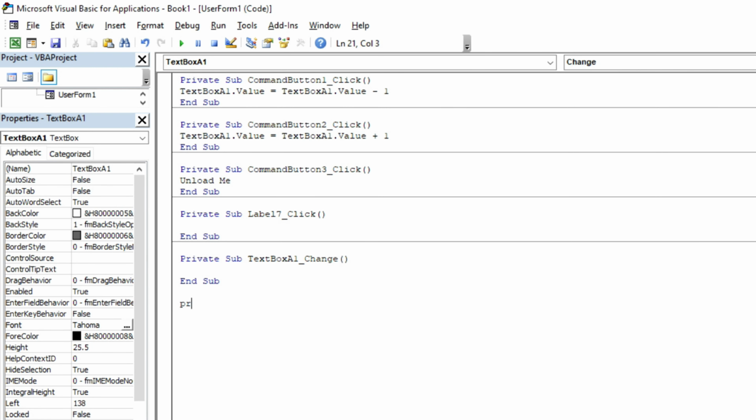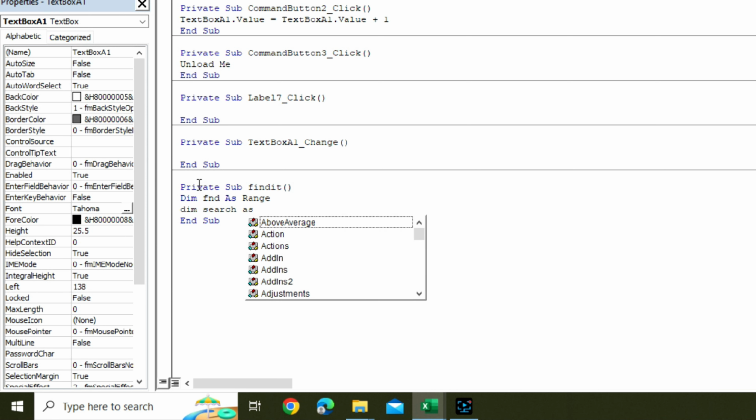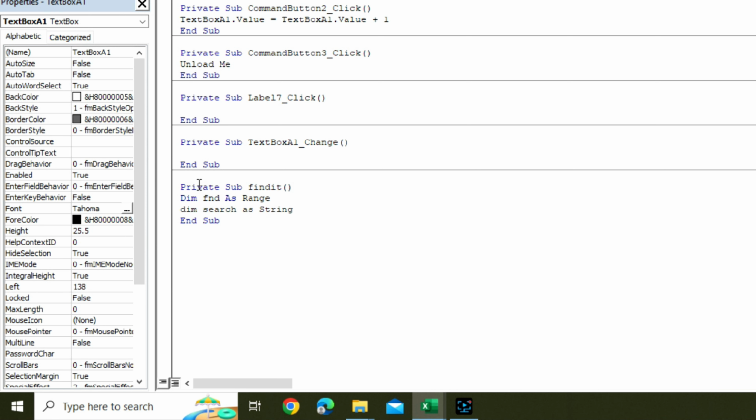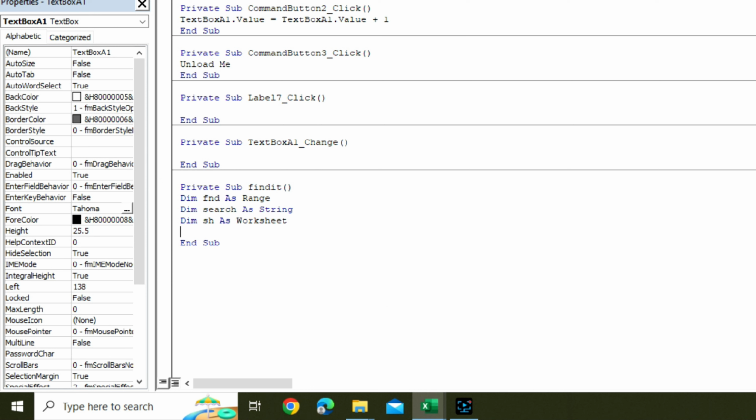Okay. We want to add a procedure here to search the field, to populate the values. So our procedure is find. So we have private sub find it, and we start by defining a number of variables. First one is find, fnd, srh. Then we have search as string. Then we shall have dim sh as worksheet. We have dim i as integer,